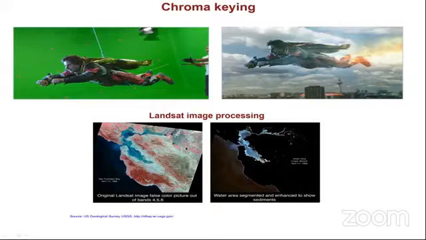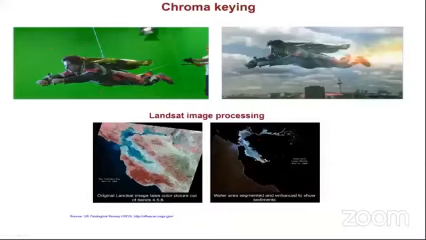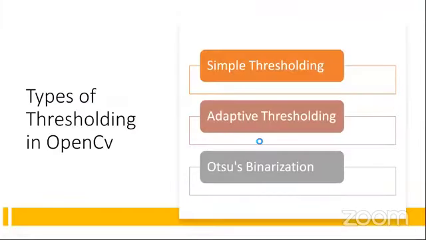You can see this is a map. This is water, and this is the land. Now you want to segment the water from the land, because in this image it's not very clear. You can use image thresholding, and you can segment the water out. Here you can see we have segmented the water out from the image. That's the application of it. How we are going to do this, we will see.